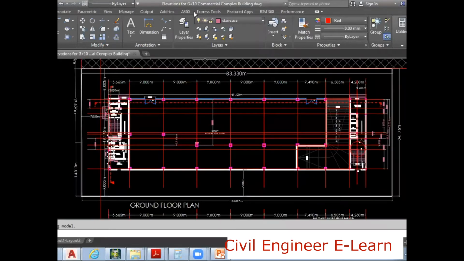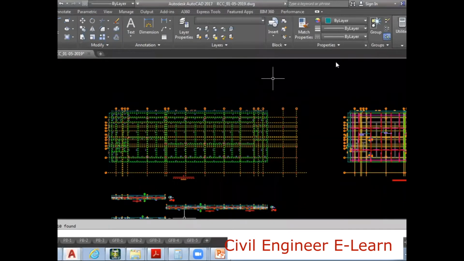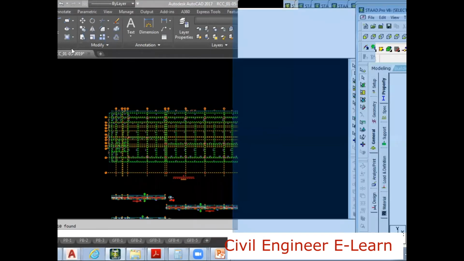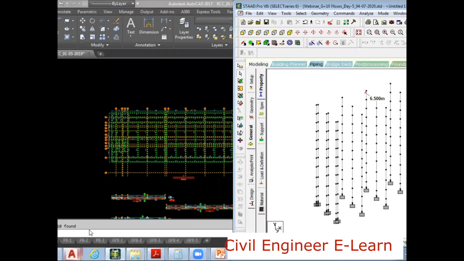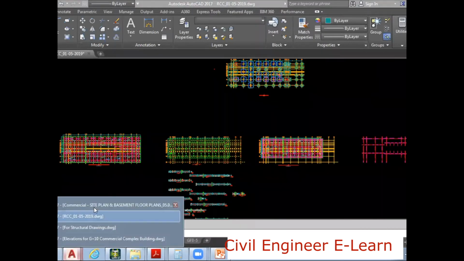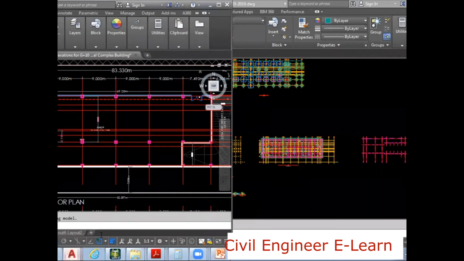I'll keep it on the left side. I'll keep this start model also on the right side. Let's keep it on the left side.